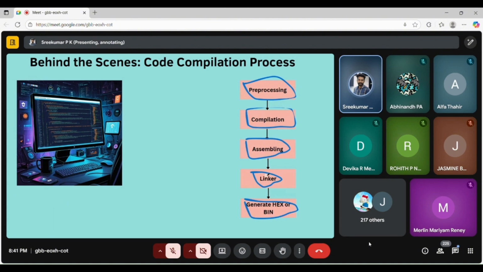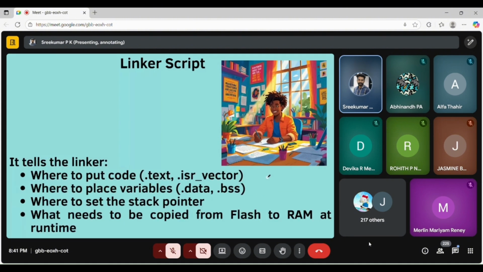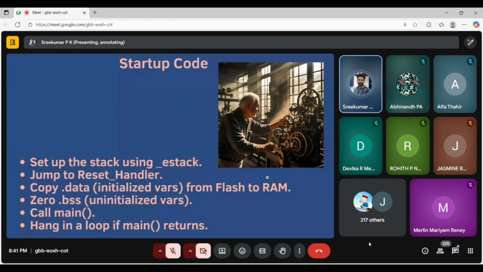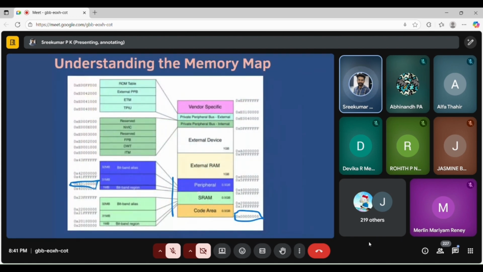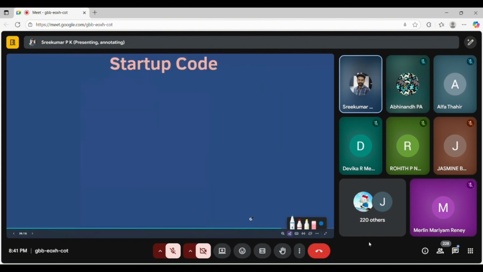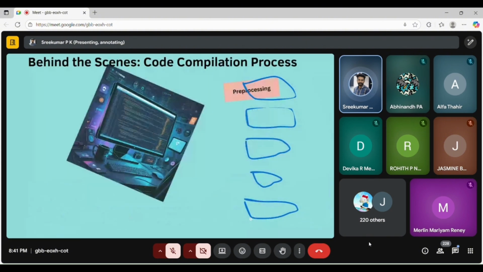So the linker is the one that works based on the linker script. The linker is the one which decides where to put the .text section. The .text section should reside at a lower memory address where the addressing starts. We have seen the address starts at 000. Sometimes it will alias to some different address, but I am not going to tell that, as it will make things complicated. So just imagine that the address starts at 000. So we'll proceed to this one.